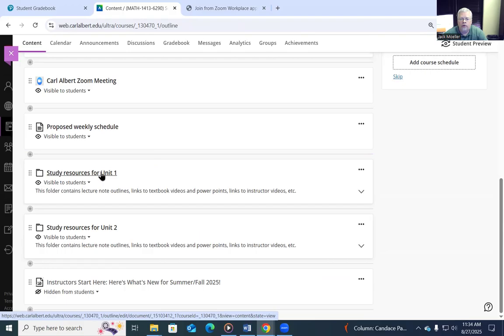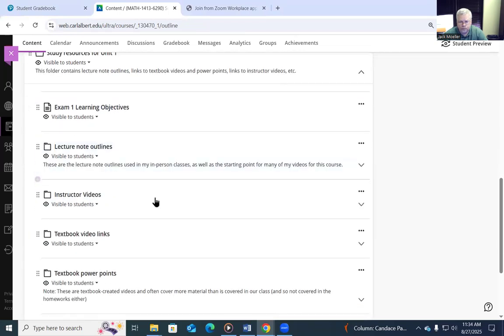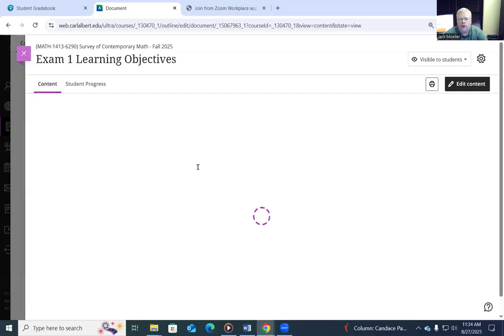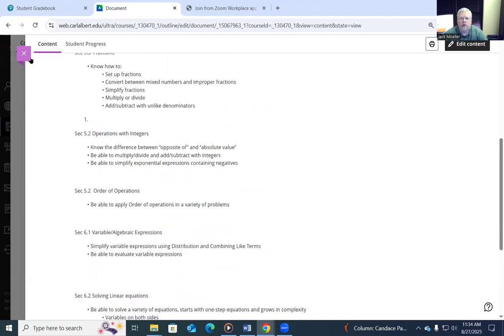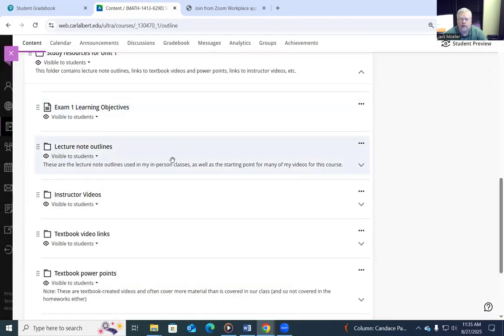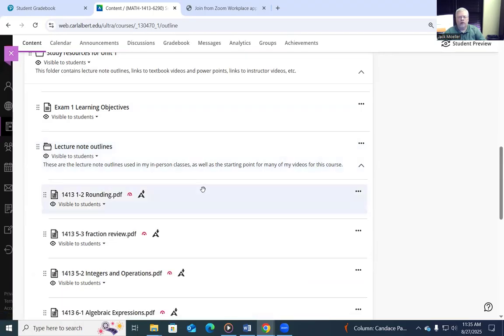And for every unit, I'm going to have the study resources folder. In that folder, there are the learning objectives. That's the big picture: what are we talking about for this exam? I break it down section by section, like the key ideas, so you have that ahead of time. Then the lecture note outlines. These are what I'm posting in my in-person class. This is the lecture notes that we go through in class. And for my videos,